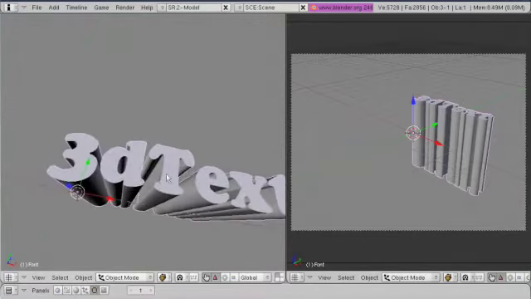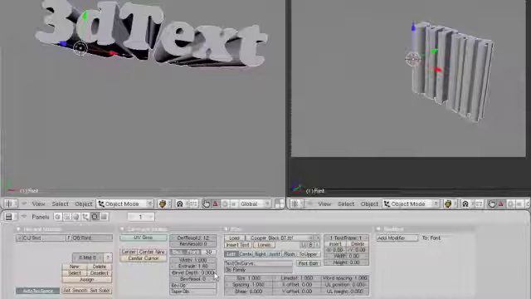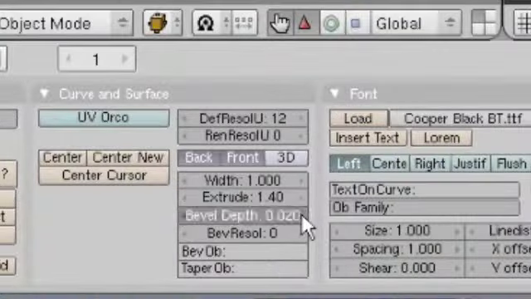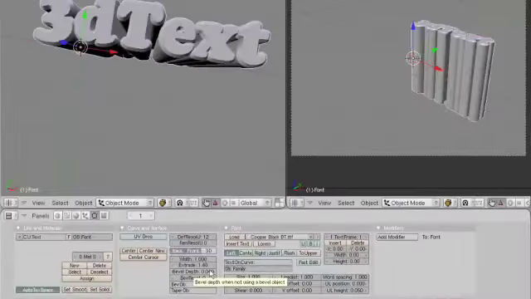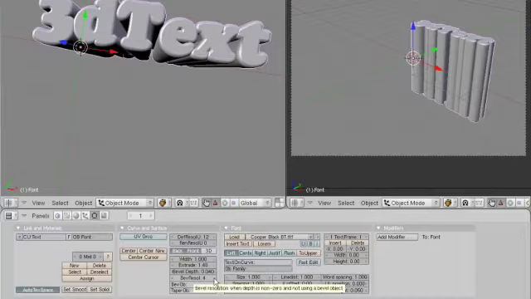set a bevel. So now that we got our text lined up, we're going to actually add that bevel to it. So we're just going to add a bevel depth, and you can see it's beveling that edge, but it's giving it a flat beveled edge, and we want to round that. So we need to do this below bevel depth. We have bevel resolution, and it's set to 0. And what that does is it actually sets how many steps are going to take place. So how curved is that going to be? And so we're just going to set this to 4 or 5, and it's looking nice and rounded and pretty